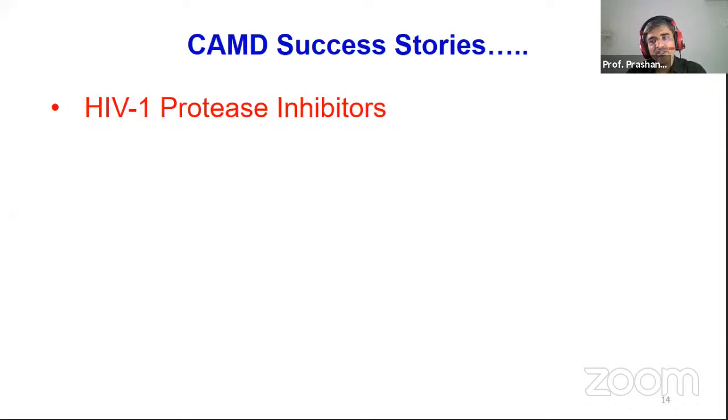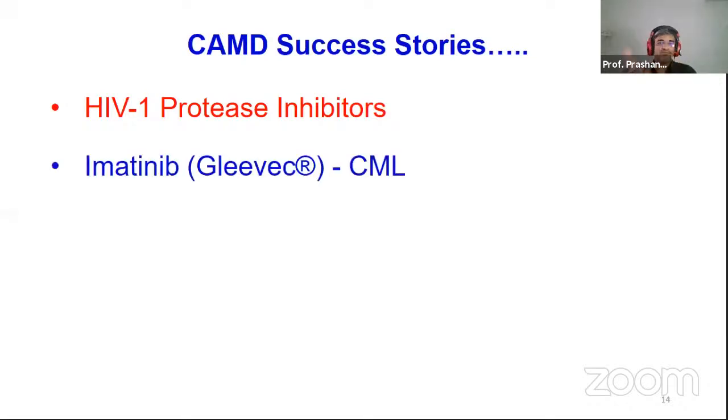Although for rational drug design, the first success story they talk about is the discovery of nalidixic acid and the DNA gyrase inhibitors like ofloxacin, pefloxacin, ciprofloxacin. Those in the early 1980s are actually regarded as the first set of rationally designed drugs, right, the floxacins. But then I would still regard HIV-1 protease as one of the earlier success stories.